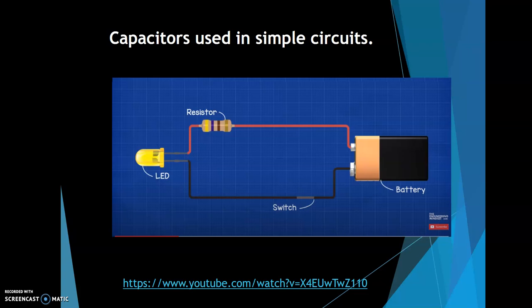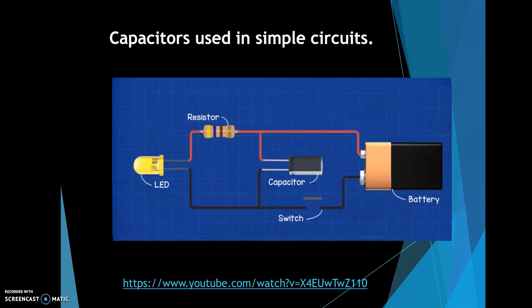Suppose if there is a power fluctuation, the LED will start flickering. To avoid this flickering, we can connect the capacitors within the circuit like this. The moment we connect the capacitor device into the circuit, the capacitor would store the energy from the power resource, and then the stored energy is continuously provided to the LED. So even if there is a power fluctuation in between, the LED will glow continuously without flickering. This is how the function of a capacitor device is applied for simple circuits.